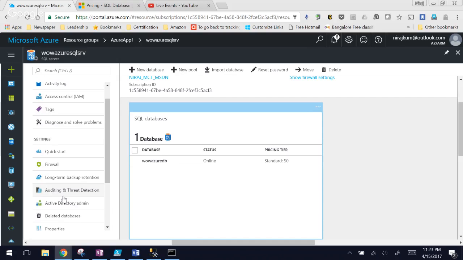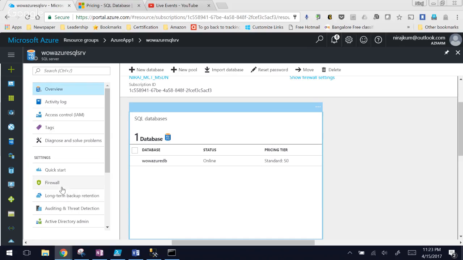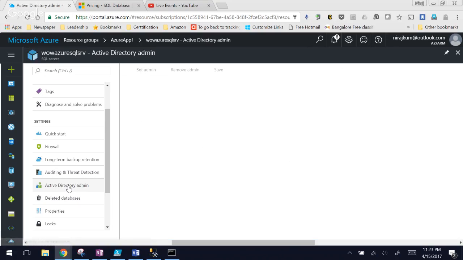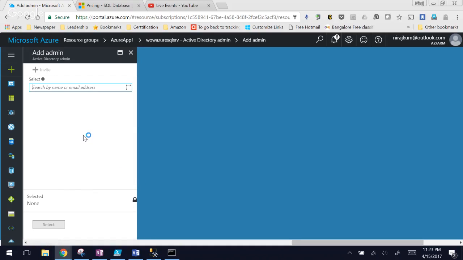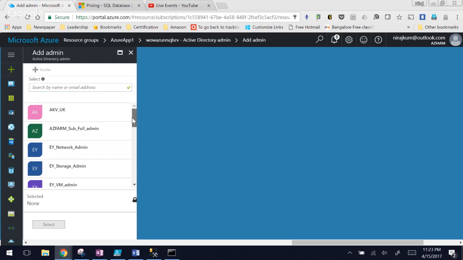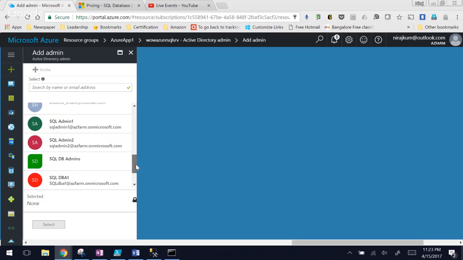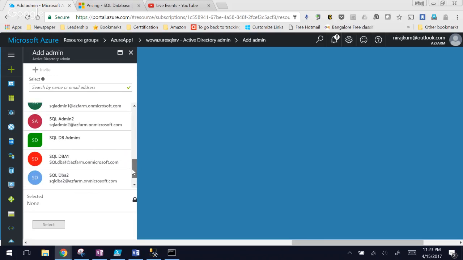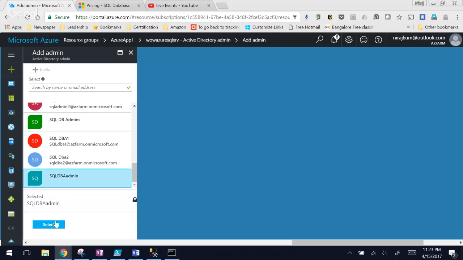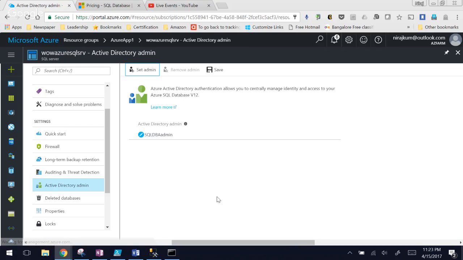Where is my Azure AD? Here it is. So I will go ahead and set the admin. Now I can set the group that I've created, or I can add individual users. But remember, if you add individual users, you cannot add more than one. So in my case, I will add this group. If I add a single user, you will see that I won't have an option to set the admin. So if I say save,